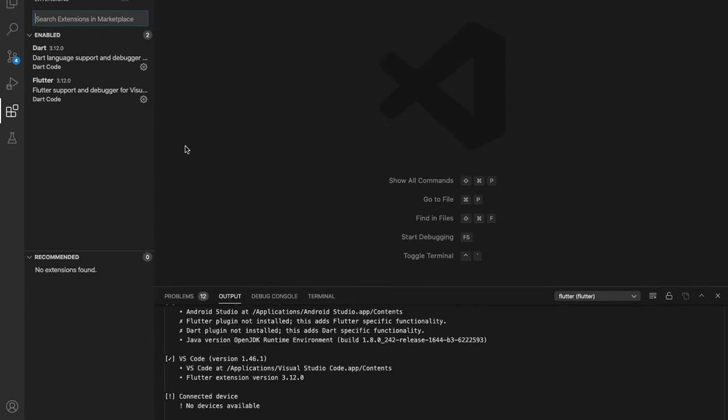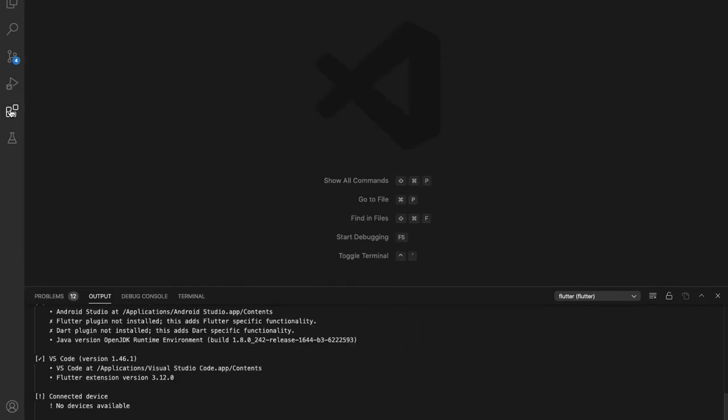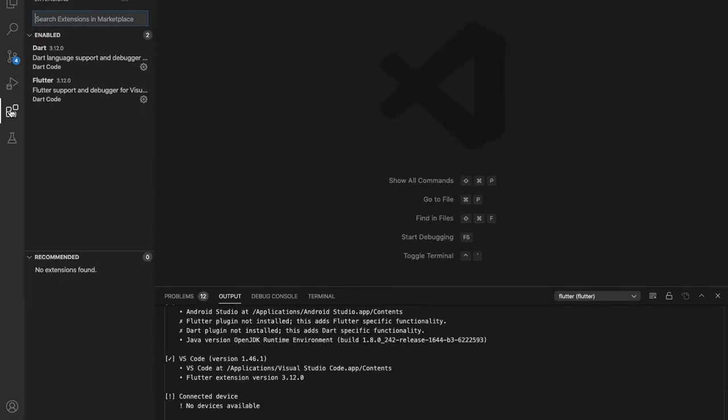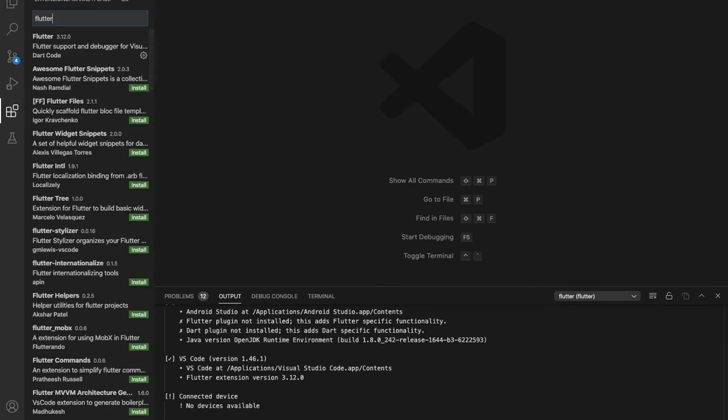So in VS Code, here is the icon. When you click on this, it will show a search bar where you can search the plugins for Flutter. So I write the name Flutter here. It is showing me Flutter 3.12.0, and it has Flutter support and the Dart plugin.